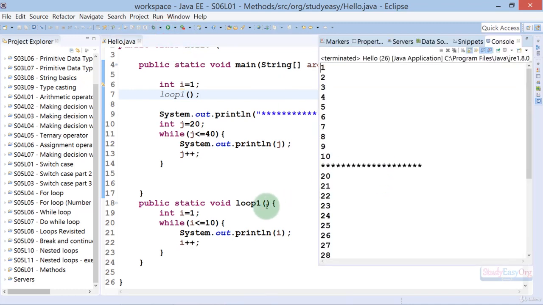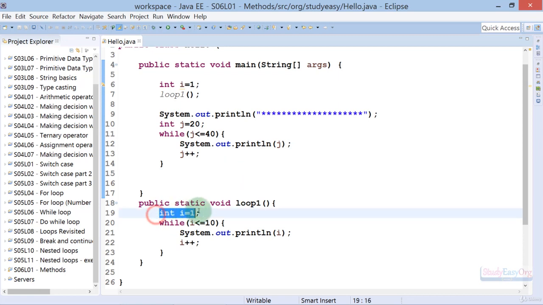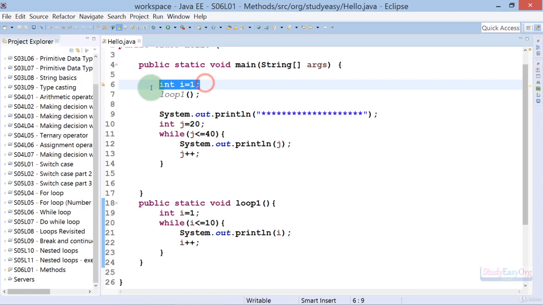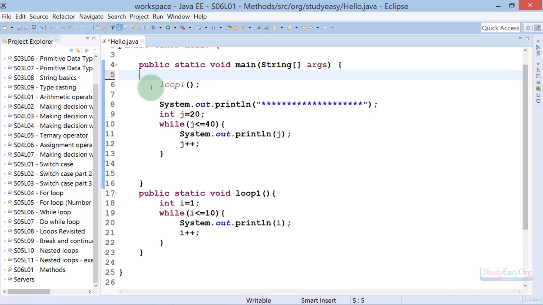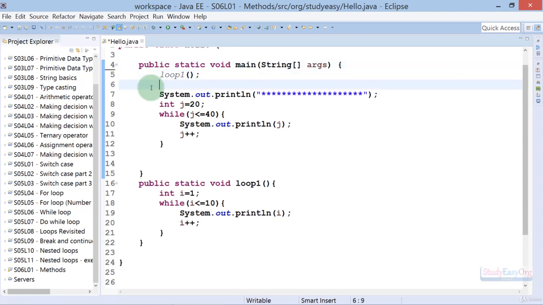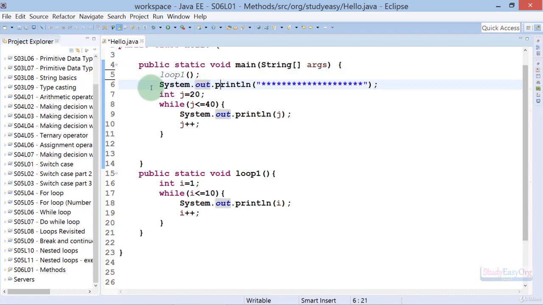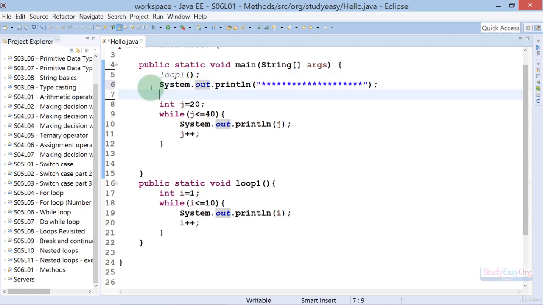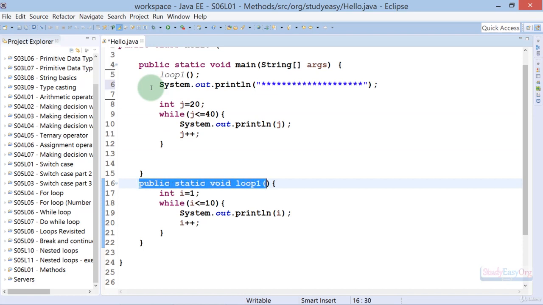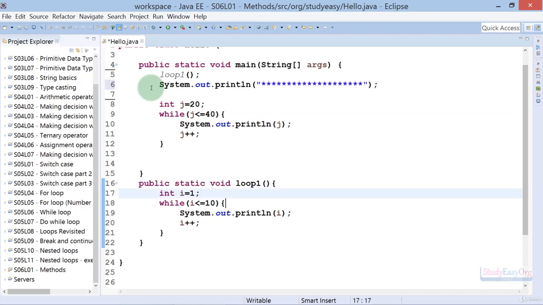So output is perfect. Now as we have already used this particular variable in the method itself, we can also get rid of this variable from the main method. So this seems to be good enough. Alright, so let us keep this separator as it is, and let us copy the signature of this method and